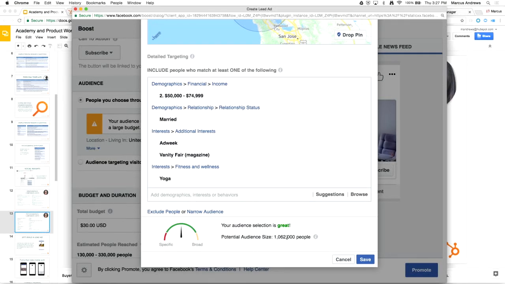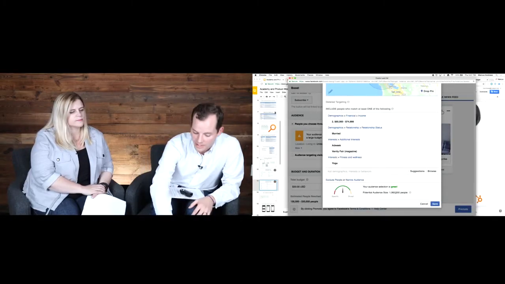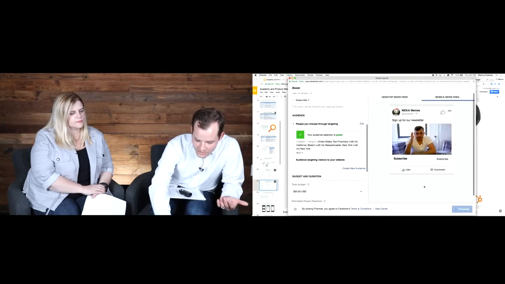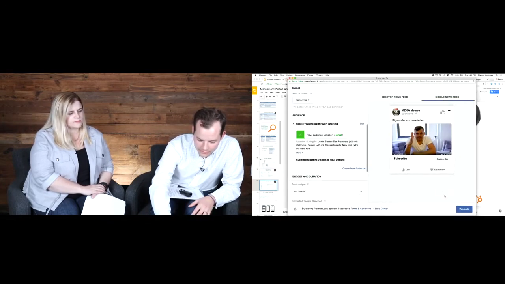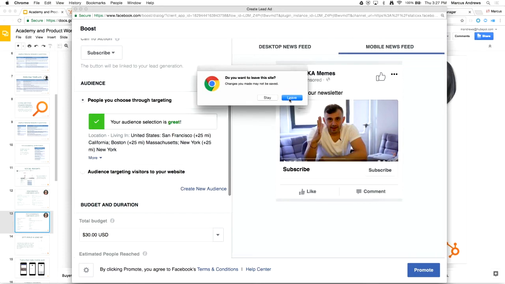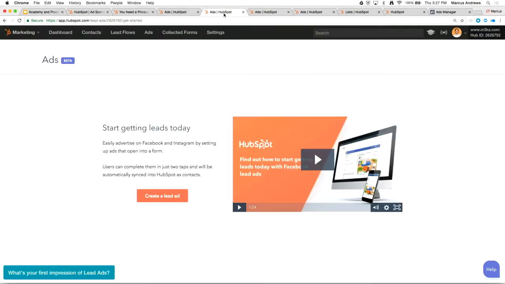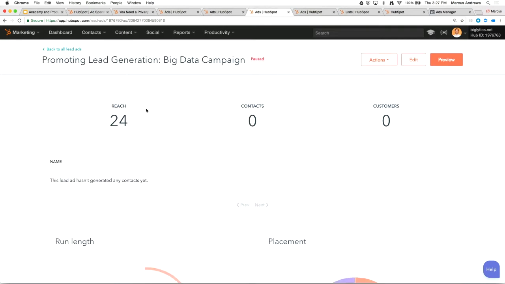Especially depending on the budget. And then things like your lead time, your business model. There's a lot that goes into this, but these are the basics. And once you've got it, you save it, and you can hit promote, and you're going to go live, right? And then you've got a lead ad that's going to be showing to this audience that's going to be out there. Okay, so once you've done that and you've created this, what we're going to do is show you some